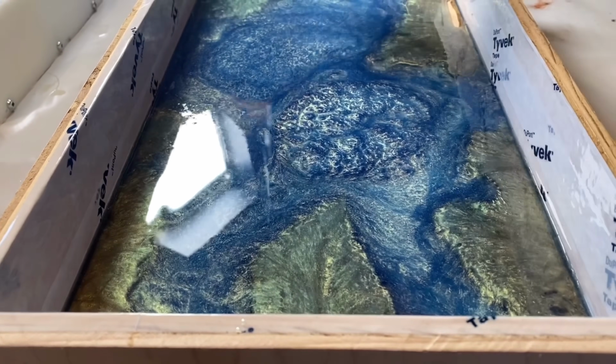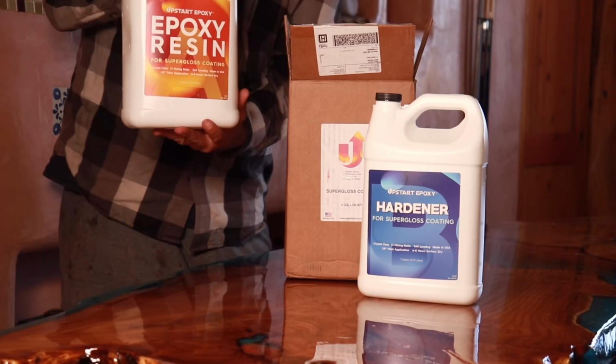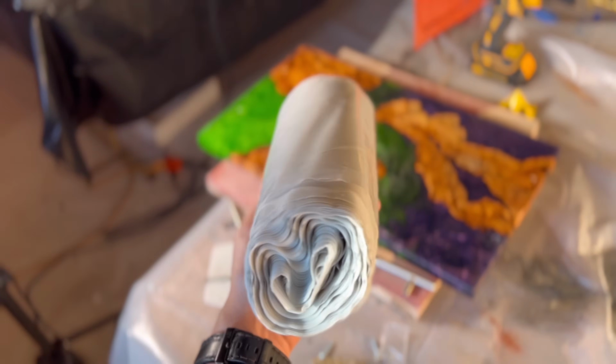So get yourself a handy dandy heat gun or even a torch. Let's move on to tabletop epoxy. Generally, tabletop epoxy is used to coat your finished product. Usually, like if you do a river table or a charcuterie board that you start off using deep pour and